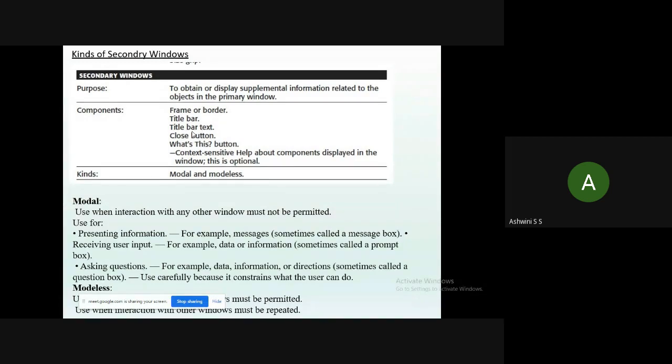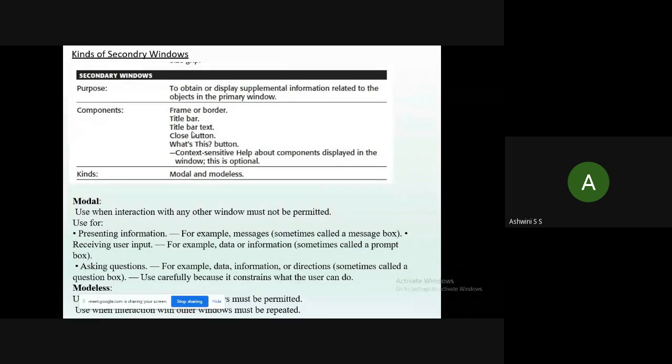One example is whenever you try to save any file, you go for file and you click on save. When you click on save, it will open one more window, that is a secondary window. In that secondary window, until you click on save button or until you click on cancel button, you cannot make any changes to the file.